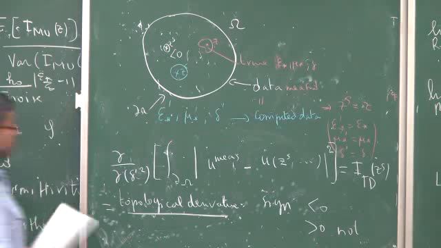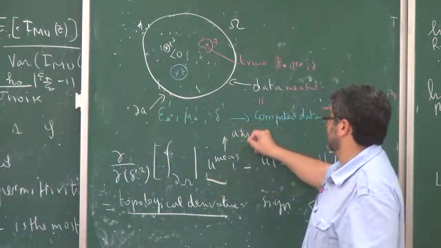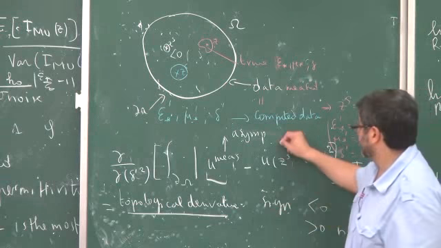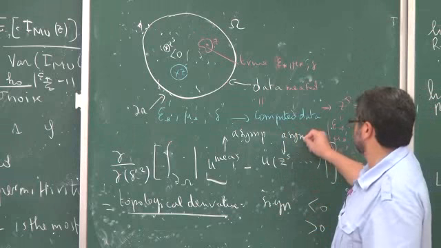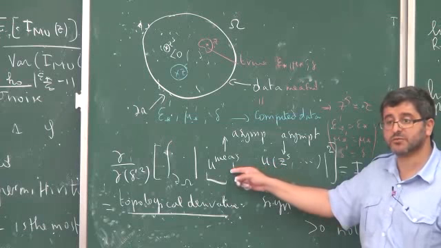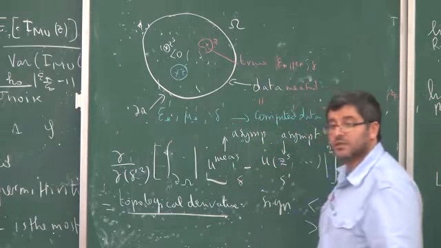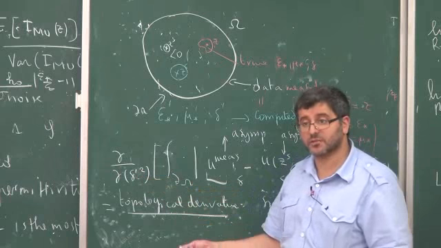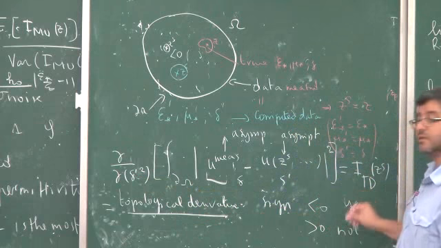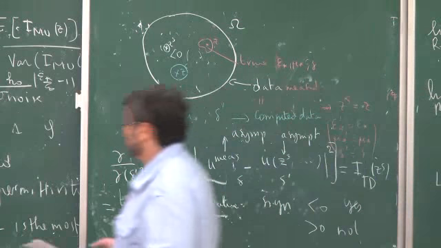We know what u measurement is asymptotically, using the asymptotic formula for small volume expansions. So we can compute this difference almost exactly, up to some error in terms of the volume of the true inclusion and the volumes delta and delta prime. Then we can take the derivative, and check whether this statement is true: sign negative, yes, the inclusion is there; sign positive, the inclusion is not there. So when you do this, you end up with something interesting.